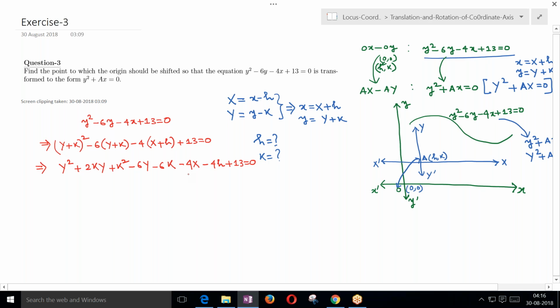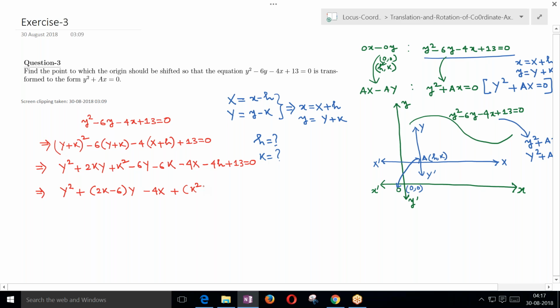So from here what we get is capital Y square plus (2k minus 6) into Y minus 4X plus k square